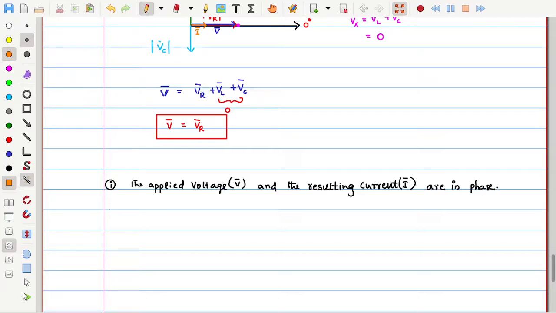Okay. Next, the second point is that the net reactance